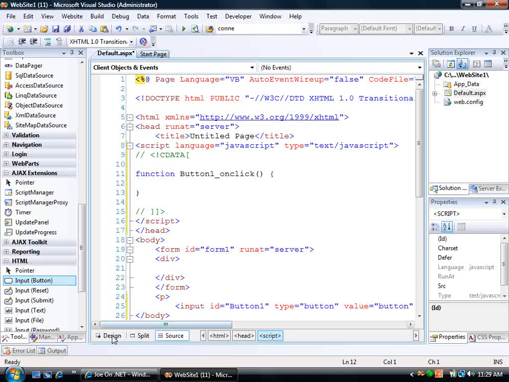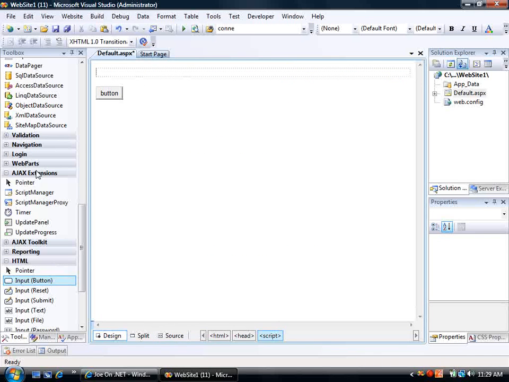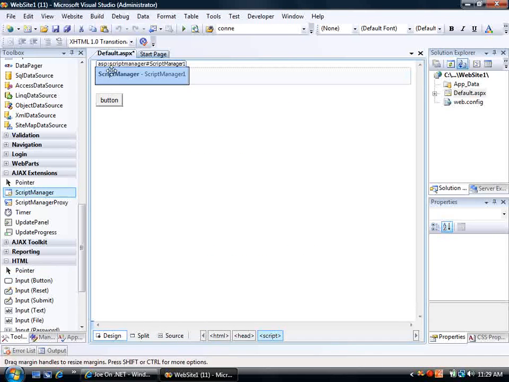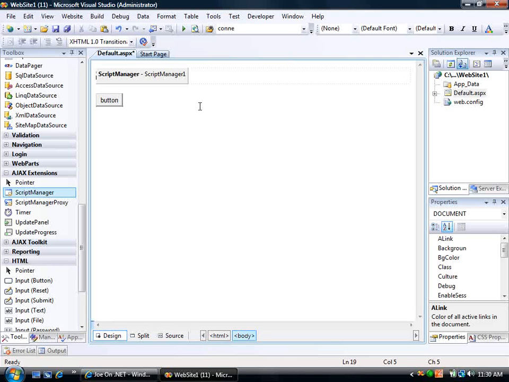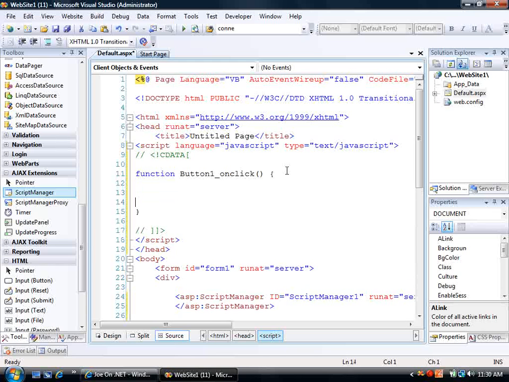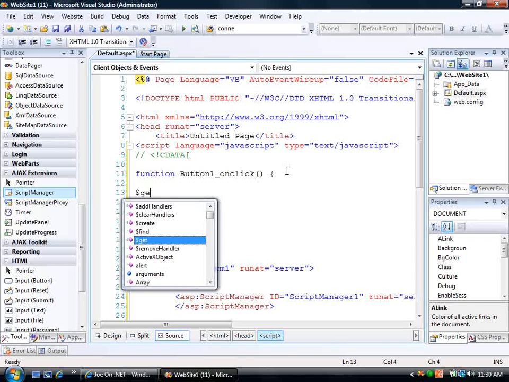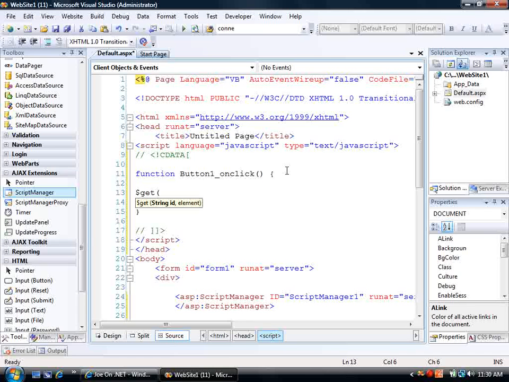So what we can do to get started with AJAX programming is to go ahead and grab a script manager and drop it on the page. And if you've done any programming with the Microsoft AJAX extensions in previous versions of ASP.NET, you'll know that every web page that is going to leverage any of the AJAX infrastructure must have a script manager instance on the page. So now that we've placed a script manager instance on the page, we can go back into source mode in our click event here. And now if I type $ and start typing, notice there's our $get,